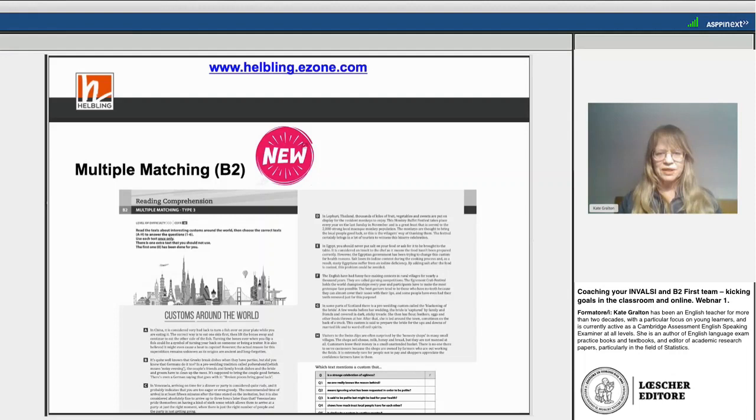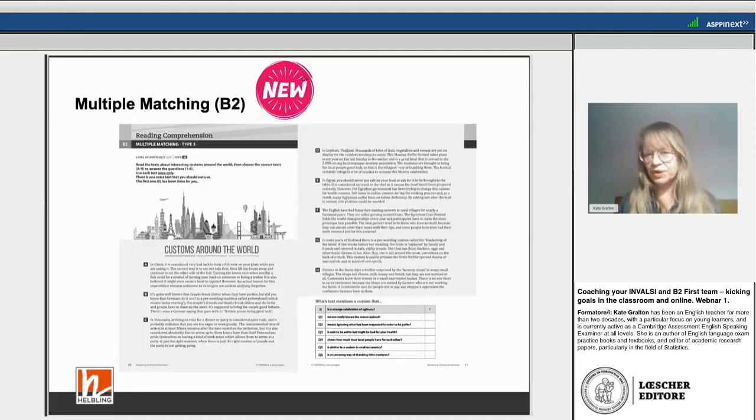Now, the difficult thing with doing this on a PowerPoint is that, of course, we can't get it as large as the page. So what I'm generally going to start with for each activity is just an overview of what the page looks like, which is this. And of course, you can't read it, but it gives you an idea of what's going on. So it has the rubric at the top with the question, and then the text, and then the actual questions underneath. So this is the new multiple matching, and it's a bit like the first certificate part 7, where they have 5 or 6